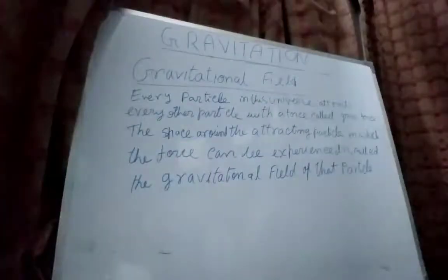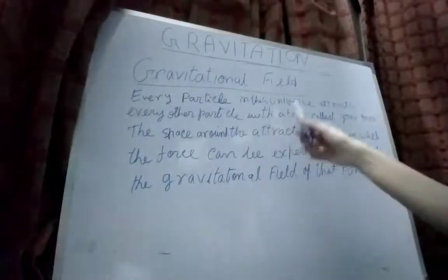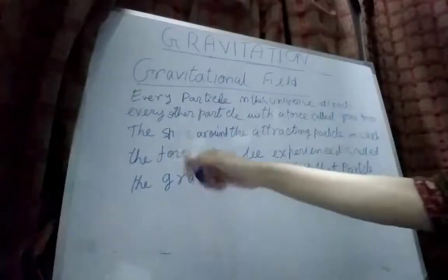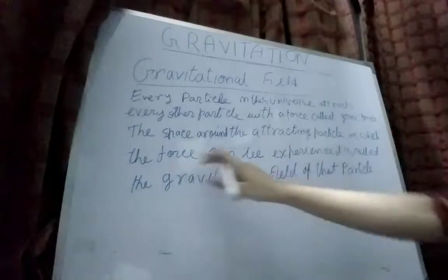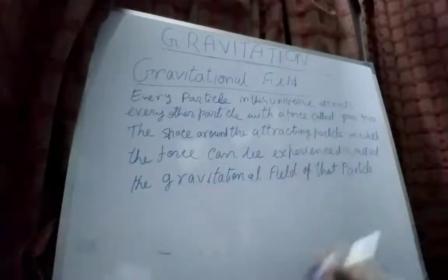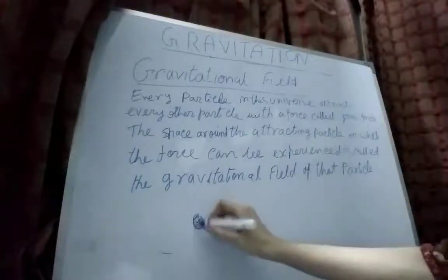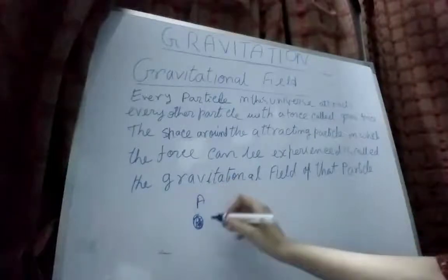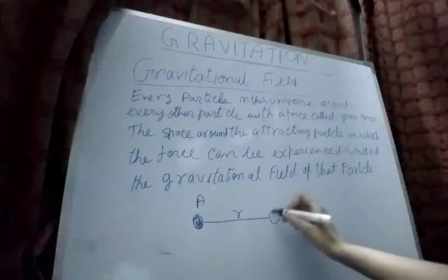Now we will learn about gravitational field. Now what is this? Every particle in this universe attracts every other particle with a force called gravitational force. The space around the attracting particle in which the force can be experienced is called the gravitational field of that particle. Now if A is a particle and at a distance r from A there is another particle B, then